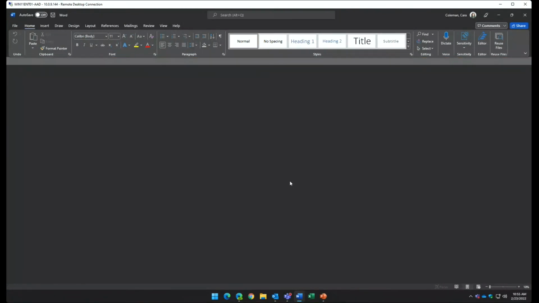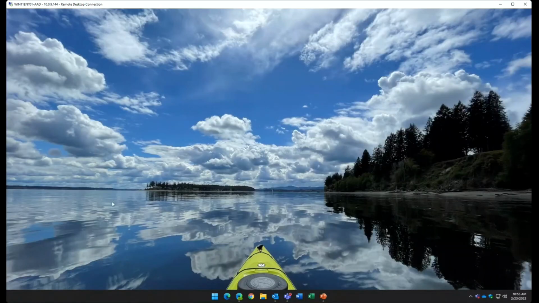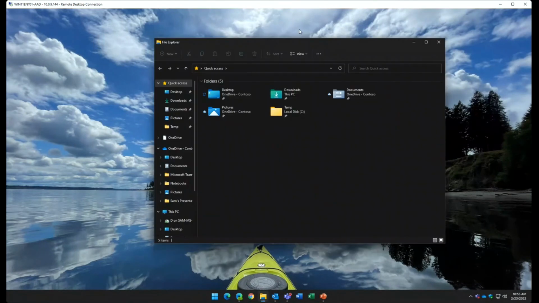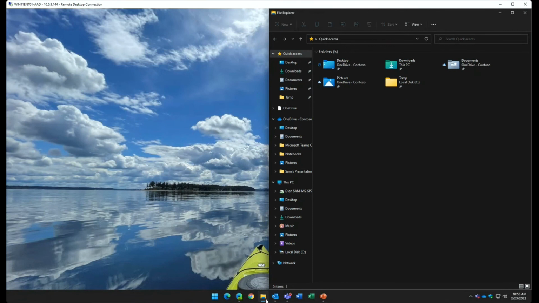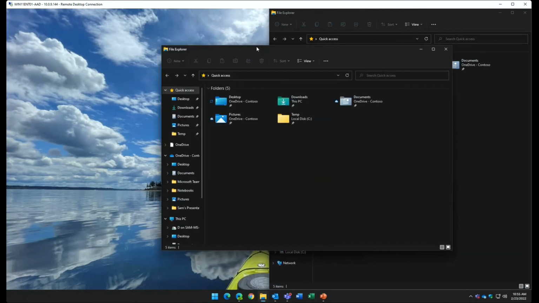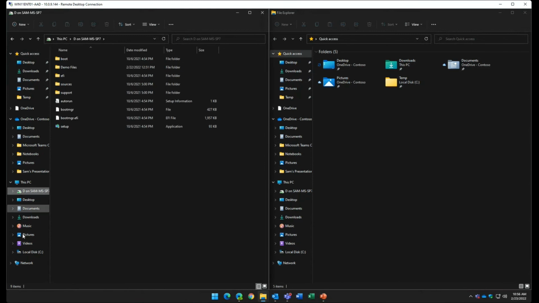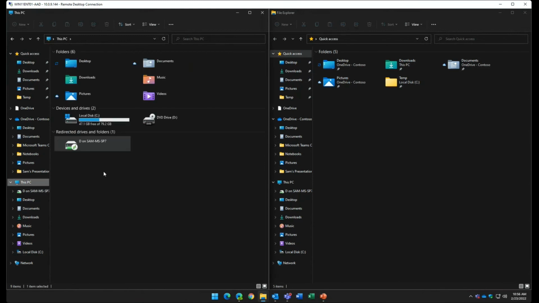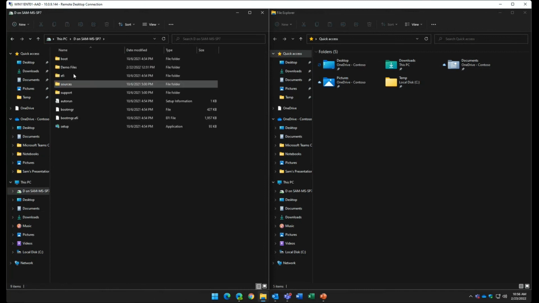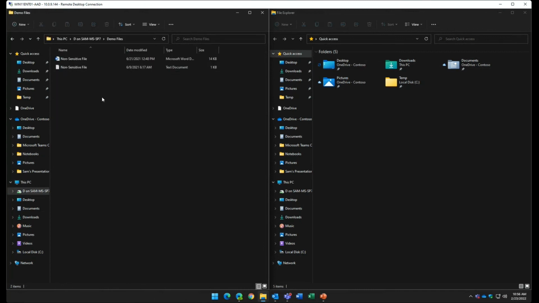Kind of going beyond that, let's look at endpoint data loss prevention a little bit and the capabilities there. Again, this is an advanced feature, just want to be fully transparent there. But you might have a scenario where users have a USB drive. So let's go to my PC. I've got a D drive here. It's a USB stick. And I'm going to go to my demo files. Let me delete what was there previously.